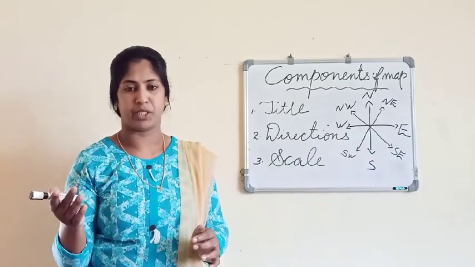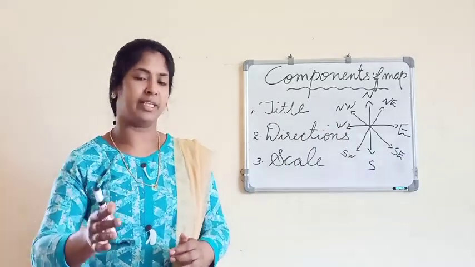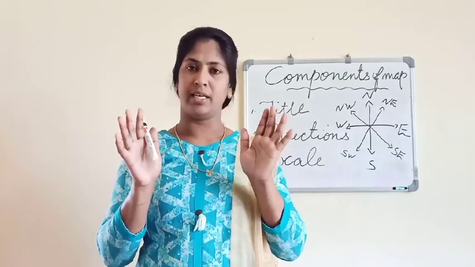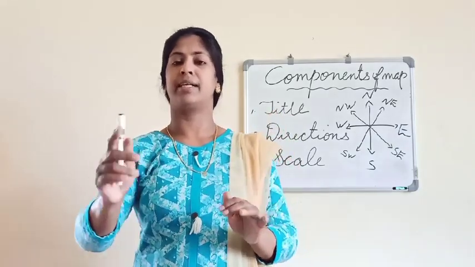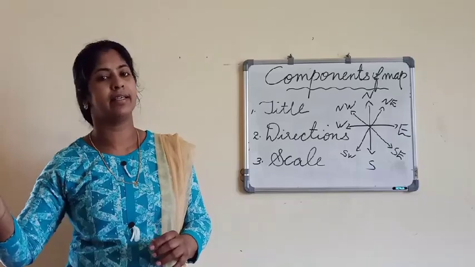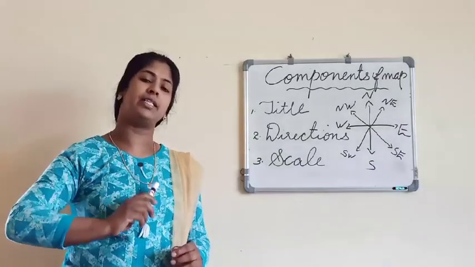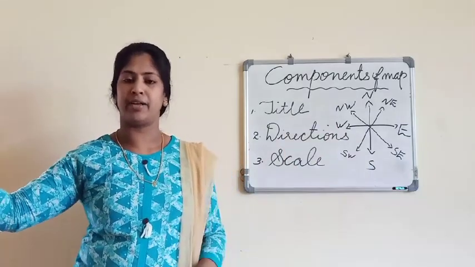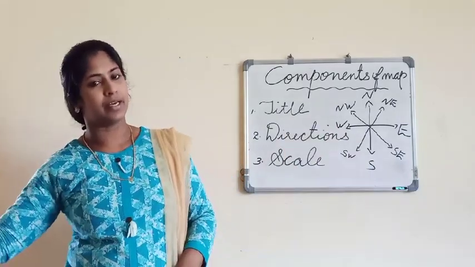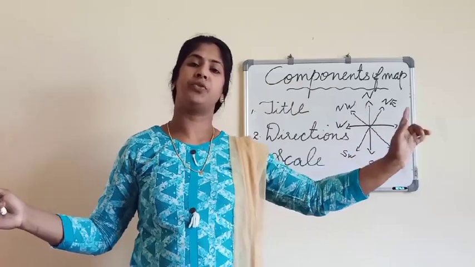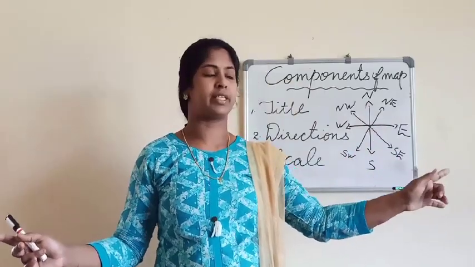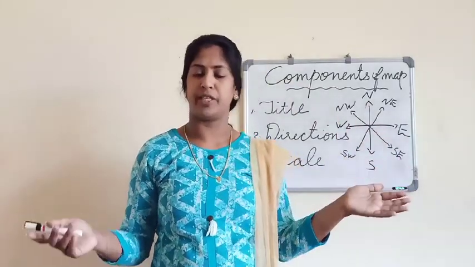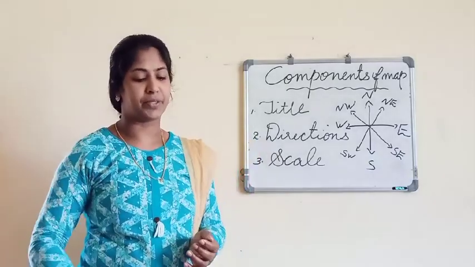So that is an easy method for finding the direction, like facing the rising sun. Where the sun rises, we all know that it is the east direction. Opposite to that is west. And if you stretch both your hands, your right hand is towards the south and your left hand is towards the north direction. In this way also we can easily find the directions.